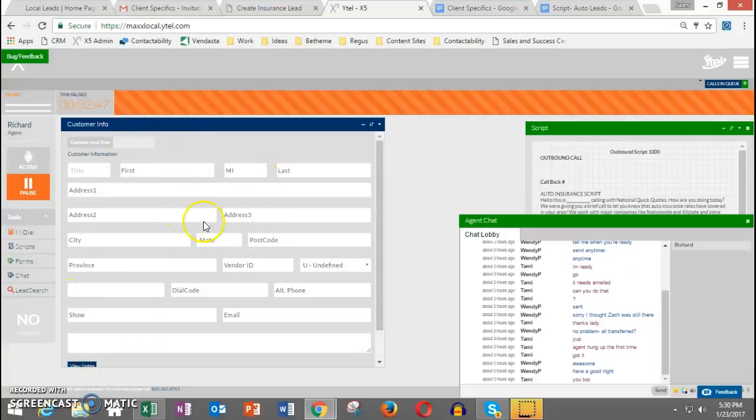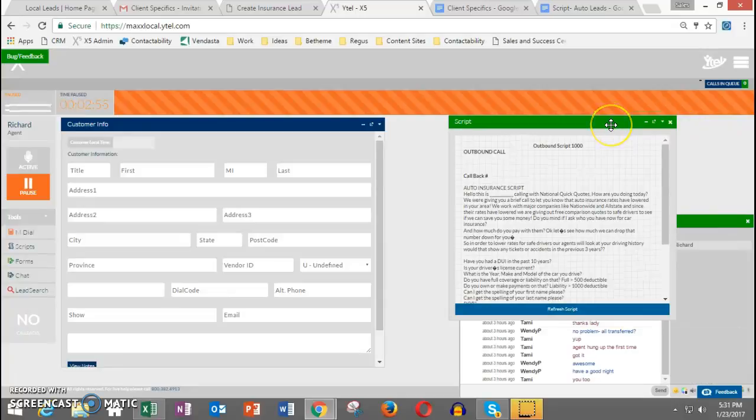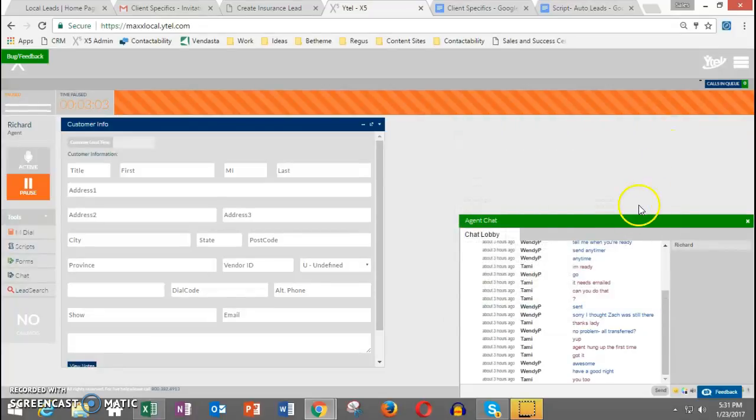So you don't really pay too much attention to this box, but you are going to copy and paste a bunch of phone numbers from here. The second box is going to be your scripts. Now, for most people, once you know the script, you usually don't keep this box open because it just kind of slows down your computer. So most people just click out of it, exit out.